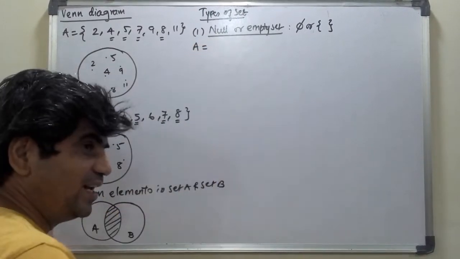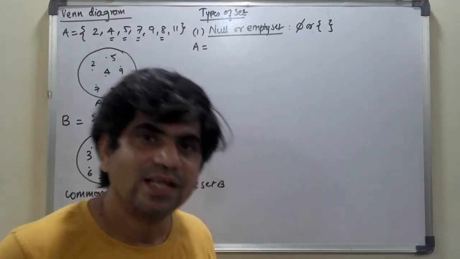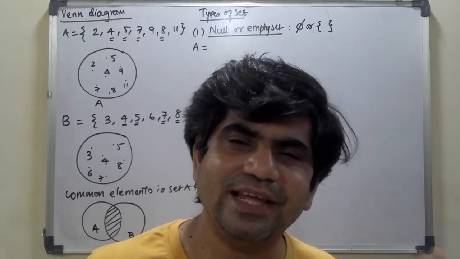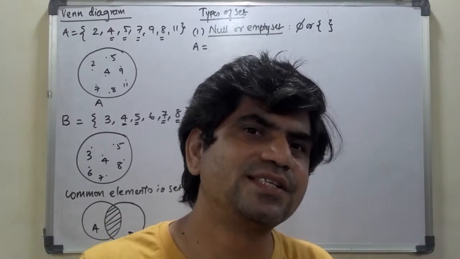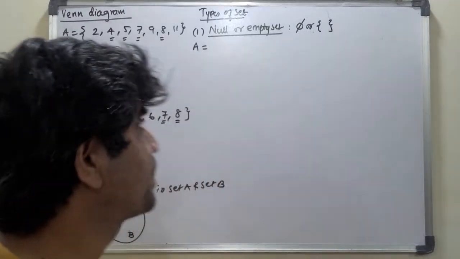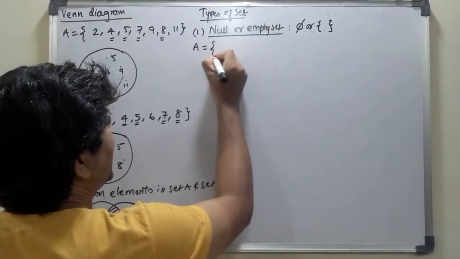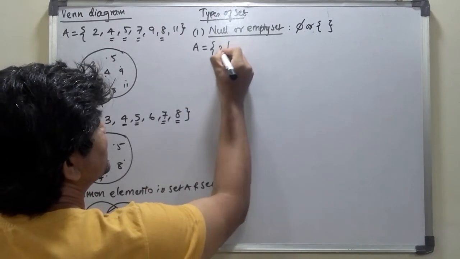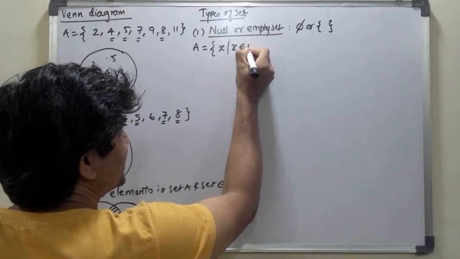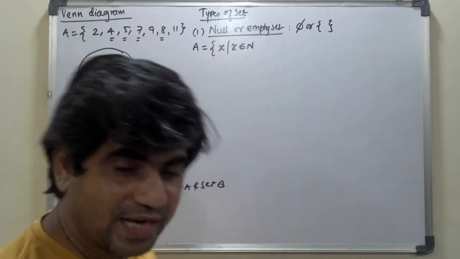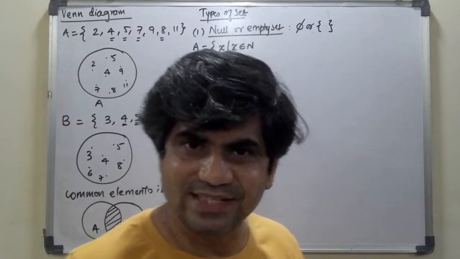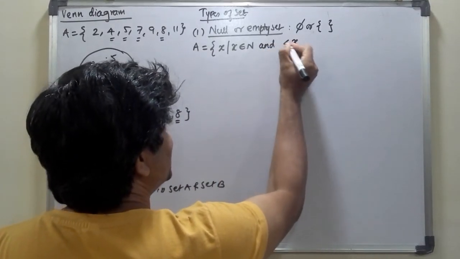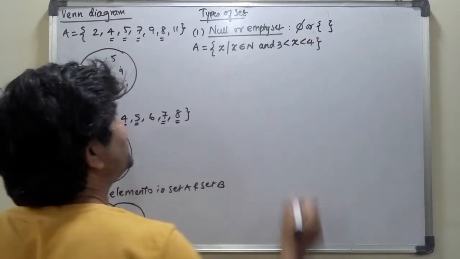Okay, I defined a null set or empty set like this, कि set which does not contain any element. Okay, it does not contain any element. So here I am writing set A. A is the set of all x such that x belongs to natural number. That means x is counting number 1, 2, 3, 4, 5, 6, 7, 8, and this x is greater than 3 but less than 4.